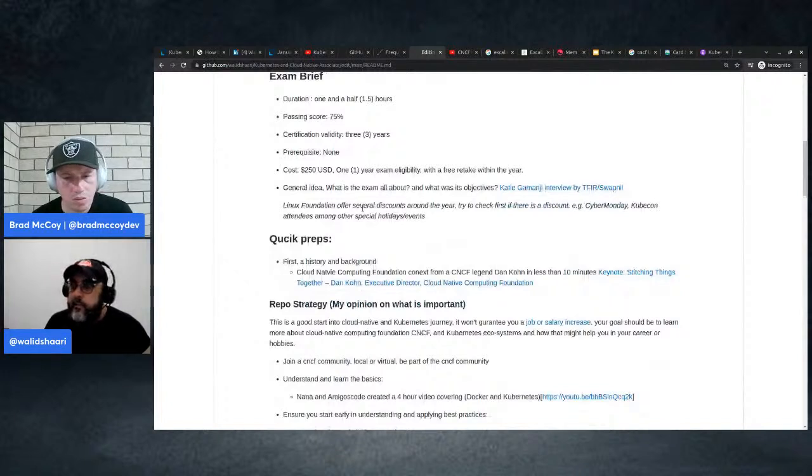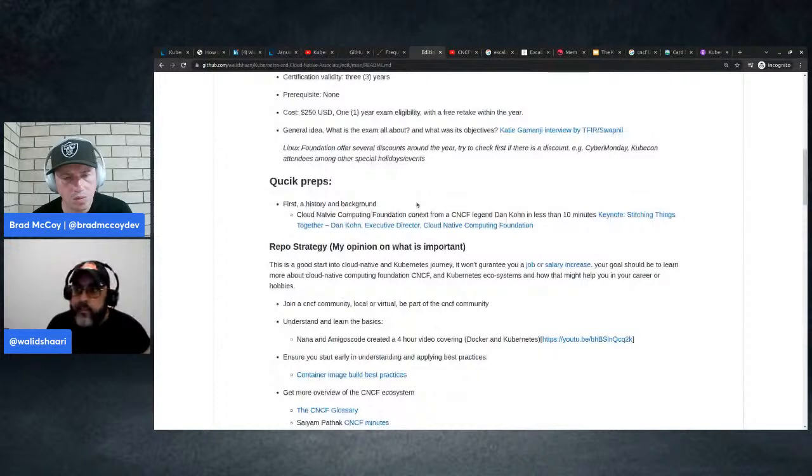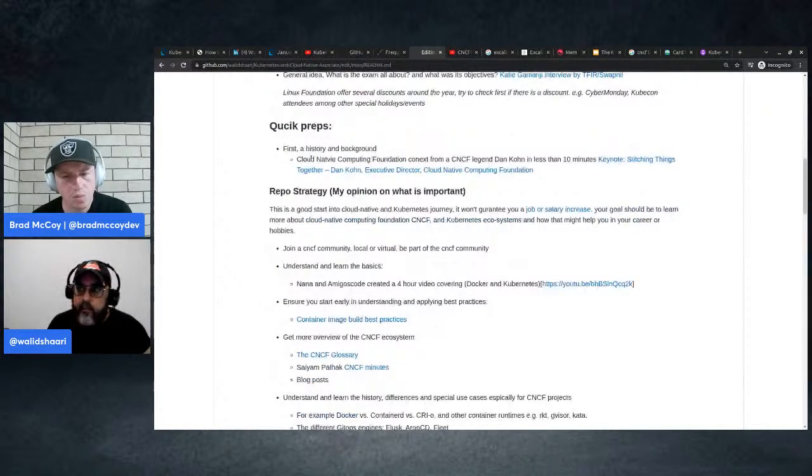My opinion is that it's good to have a history and background, like about the OCI, the Open Container Initiative. Why did it come? Docker was very aggressive and was changing very fast because the company was very innovative. So third parties, who wanted to productionize and run commercial workloads, couldn't keep up with Docker. So a standard had to be developed. And if you understand the history, you'll understand where we are right now and why we have CRI-O, why we have containerd, why we have the container runtime interface, and when you need one versus the other.